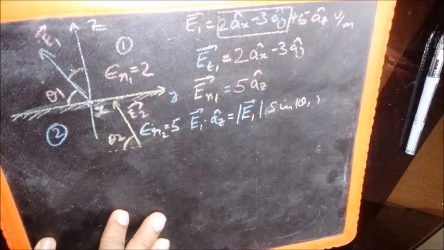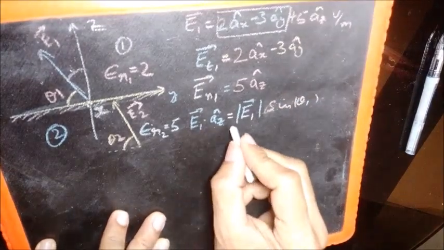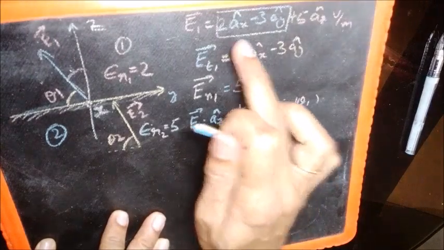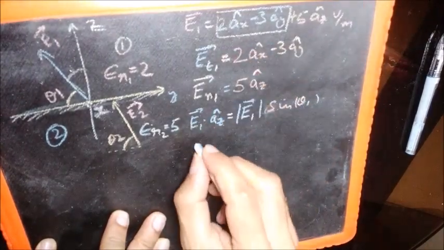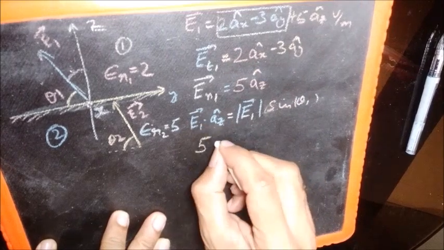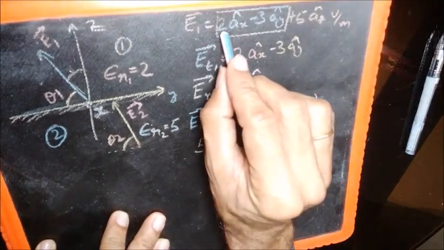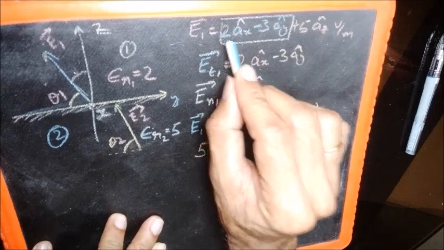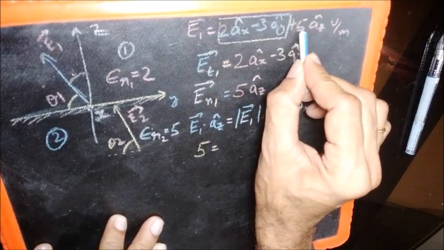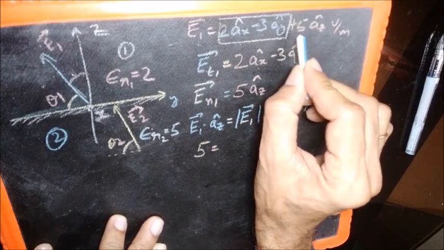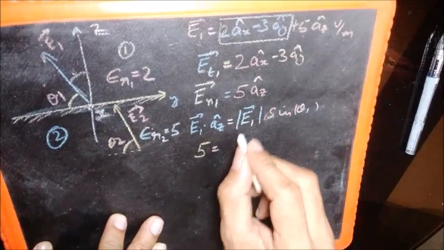Sin theta 1. So E1 dot Az, which we already have the answer for, gives us the normal component. If we do E1 dot Az, we get 5, equal to the magnitude of E1, which is 4 plus 9, that is 13, plus 25, which is 38. So under root 38 is the magnitude of E1,